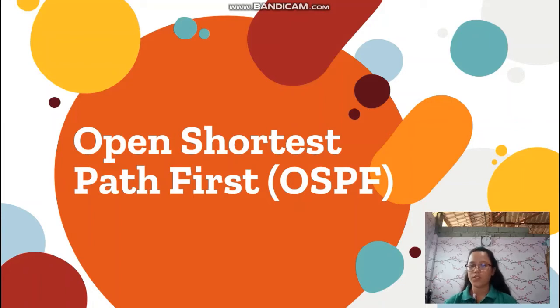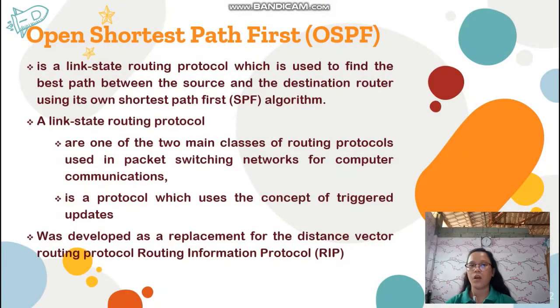Hello everyone, so today I will be discussing Open Shortest Path First, or OSPF. So what is OSPF? OSPF is a link state routing protocol which is used to find the best path between the source and the destination router using its own shortest path first algorithm. Link state routing protocols are one of the two main classes of routing protocols used in packet switching networks